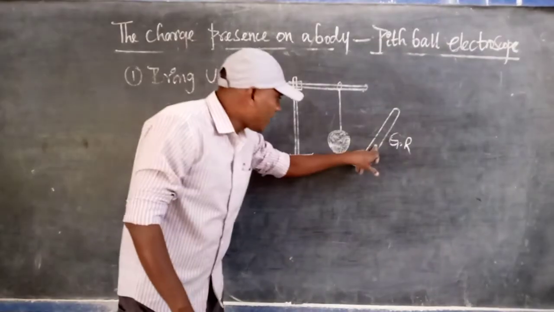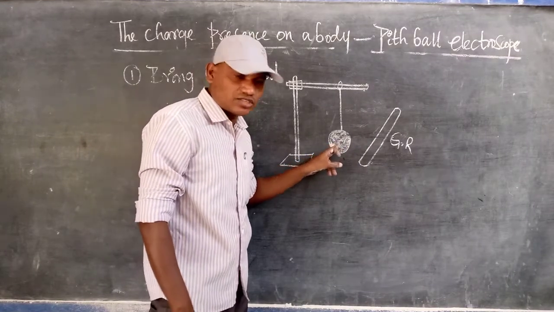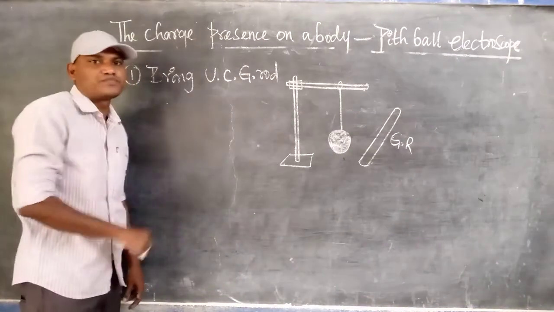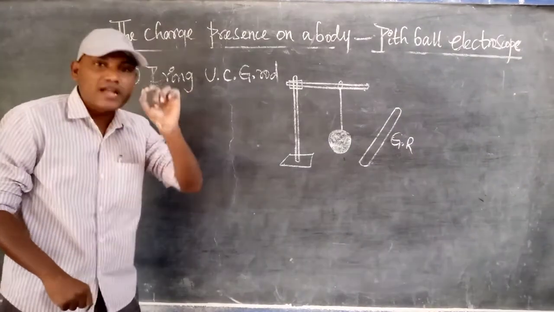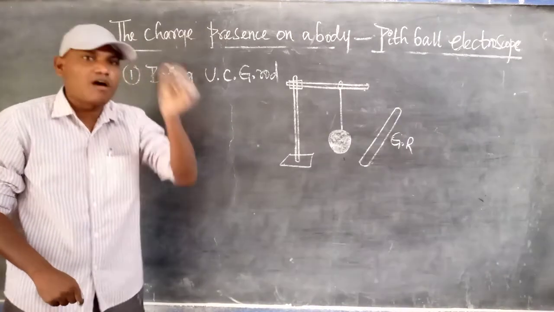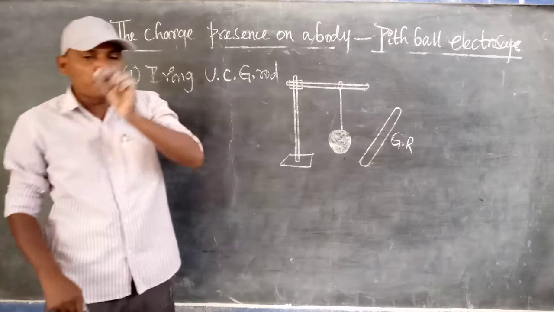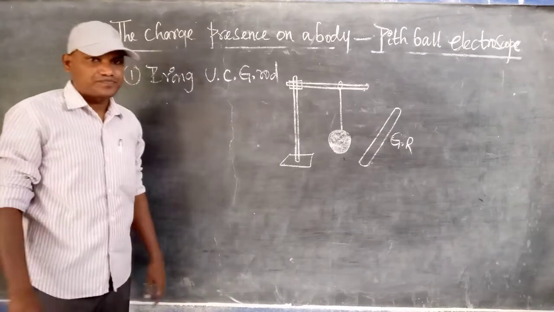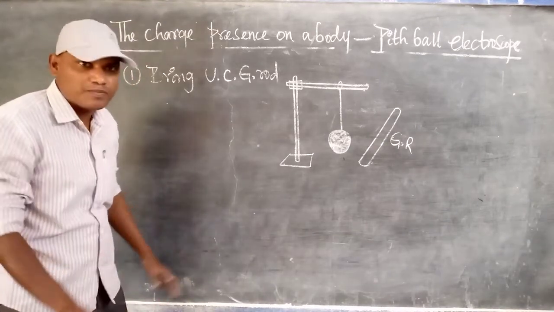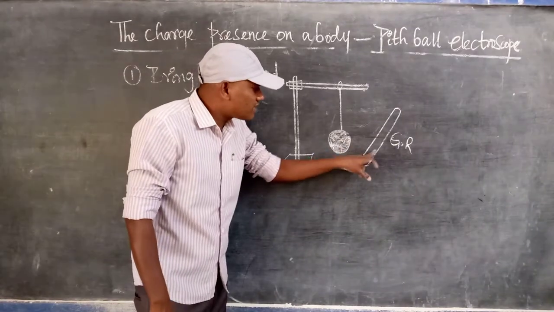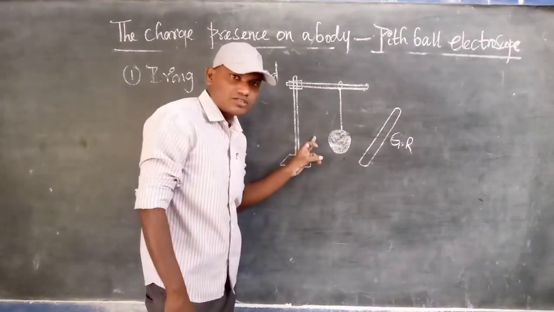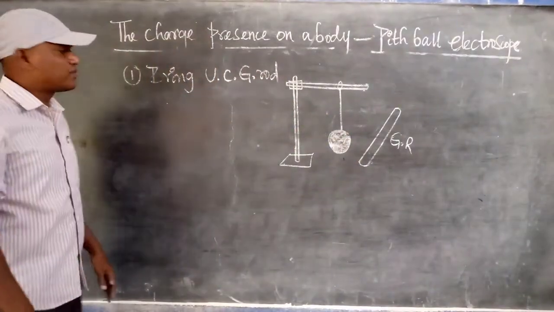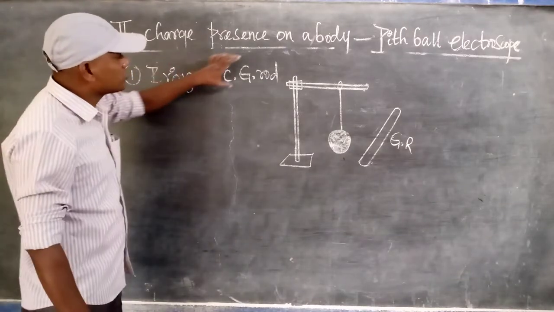Why? Because the glass rod is uncharged, and the pith ball is also uncharged. These two are electrically neutral. I said very clearly at the start of the chapter: every body is electrically neutral because it contains the same number of protons and electrons. One proton and one electron combine and form a pair, so there is no excess of electrons or protons. So the glass rod is uncharged, the pith ball is also uncharged, and due to that it does not show any attraction or repulsion. That's the first point: bring the uncharged glass rod